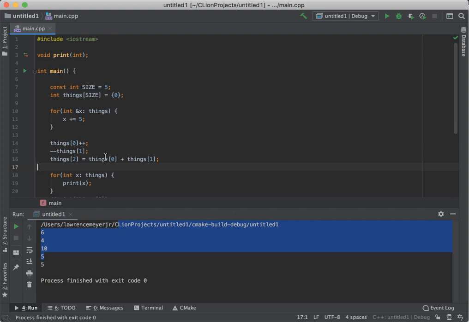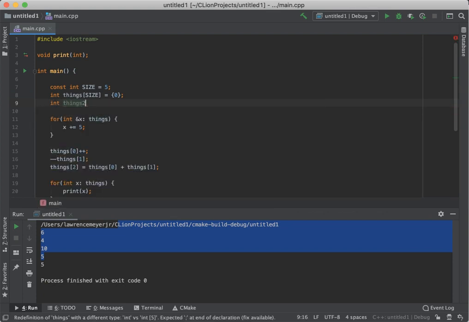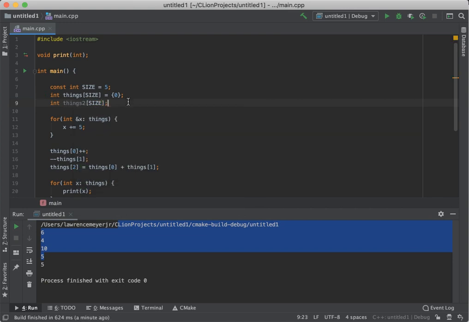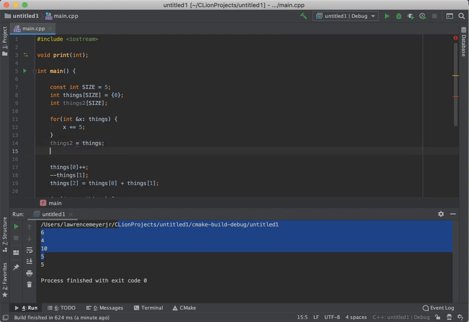Now, something we've done here, though, is we've set an individual item to other individual items in a way that we're used to, because each one of these is an integer. However, if we were to come in here and make things 2, and just do that with it, and if we come down here and we say, okay, things 2 equals things, this right here doesn't have a whole lot of impact. Notice we've already manipulated this thing. If we come in here and we say, okay, let's do a print